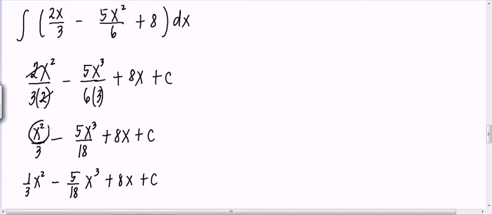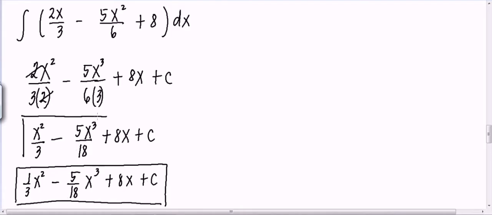If I separate the variable and exponent from the fraction, that's fine. You can separate them and write it like this. So x squared over 3 can be 1/3 x squared. The final answer can be this too. This is fine already, but if you want to separate them, go ahead. Push on. Okay, let's have